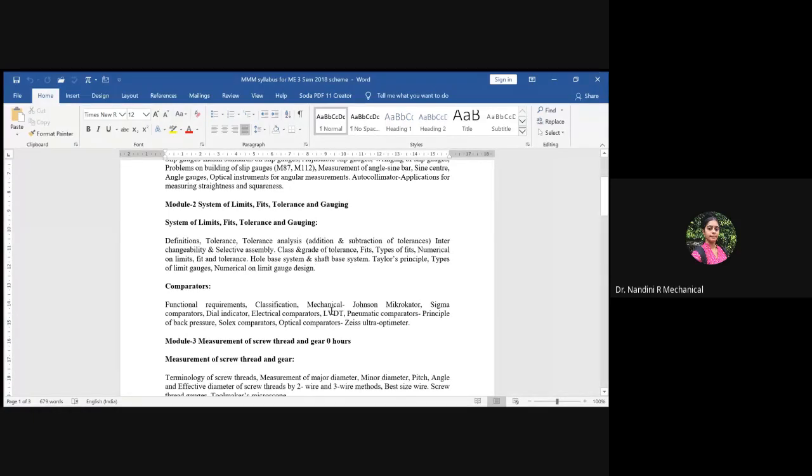So you can get questions associated with the classification of comparators. Give an example, as it has been asked in the case of transducers, or else they can ask you to explain any specific type of comparator. So any classification could be asked for a descriptive working principle with a neat sketch. You should be able to answer any type of comparator being asked. Okay, so this is about the syllabus of module 2.